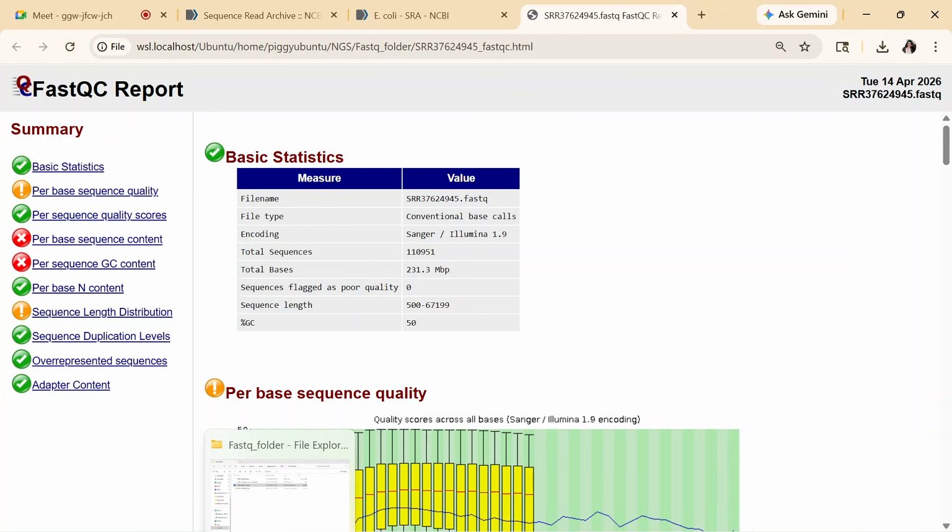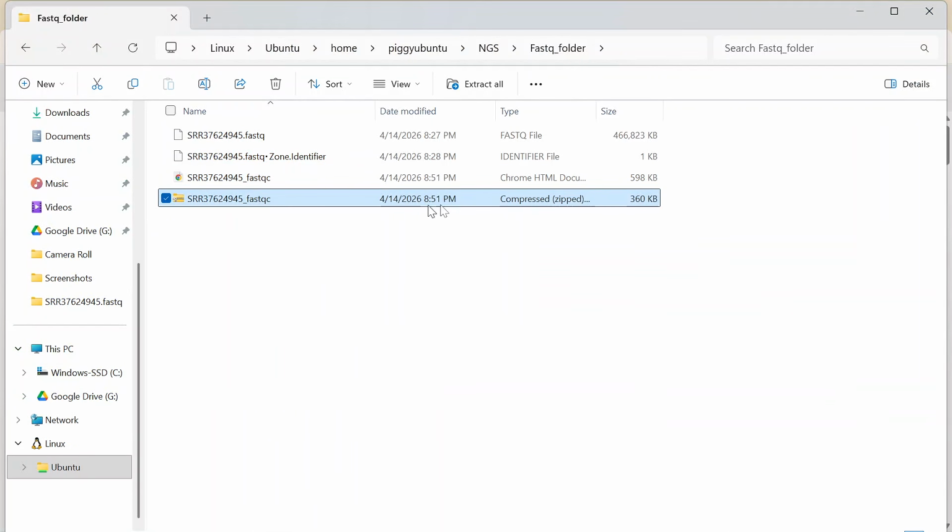Now the other file that we saw here, this file. What is this file? It is actually a raw result file. It is a zip file. We can see the zip on this folder. It is a compressed file. This file contains all the data behind this report, everything that was used to make the report. It contains all the text files, all the data that was used to make all the graphs inside this report. Simply, it is the backend data of this report.